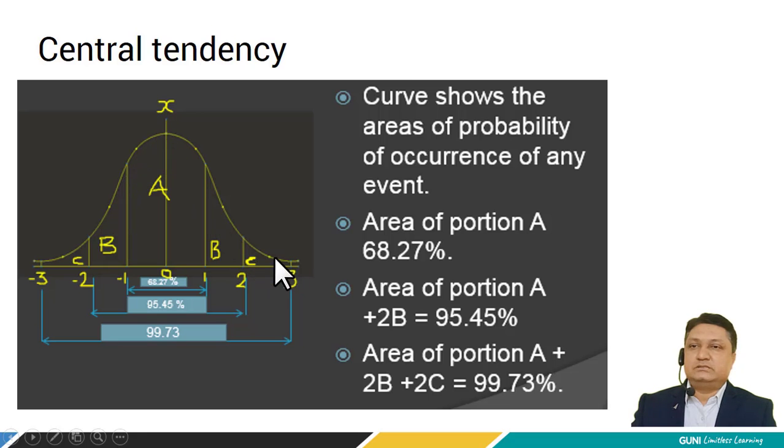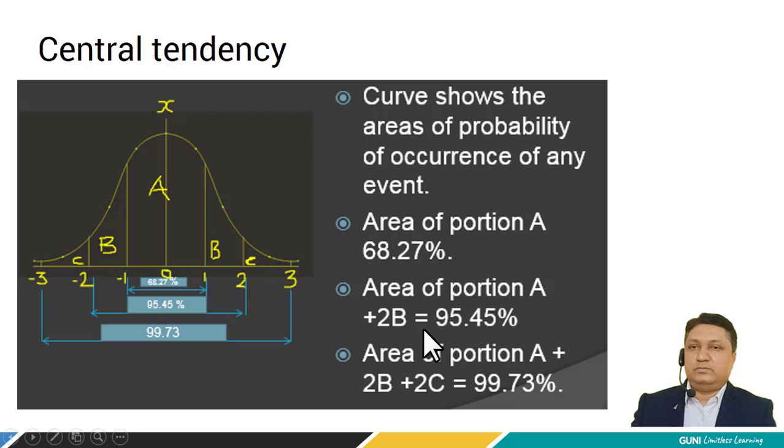In this chart we can see the central tendency shown in a normal distribution curve. Here are area A, area B, area C, and standard deviation from the center line: 0, 1, 2 and 3 in the positive direction and in the negative direction. So the curve shows the area of probability of the occurrence of any event. The area of portion A is around